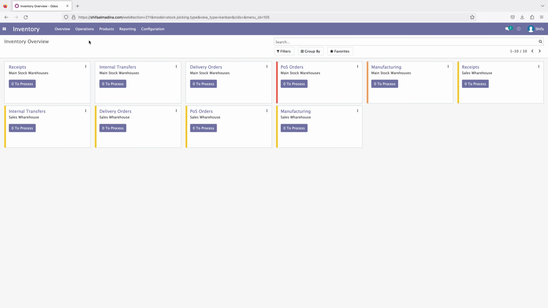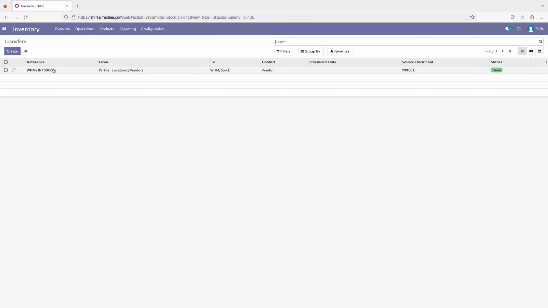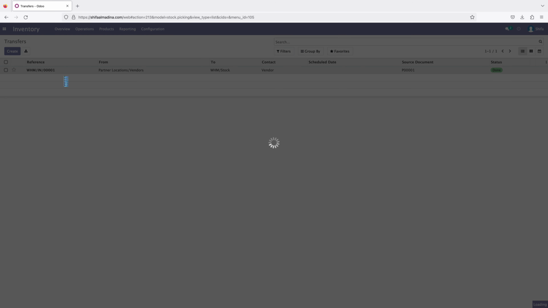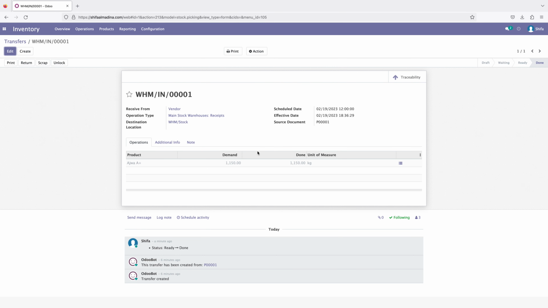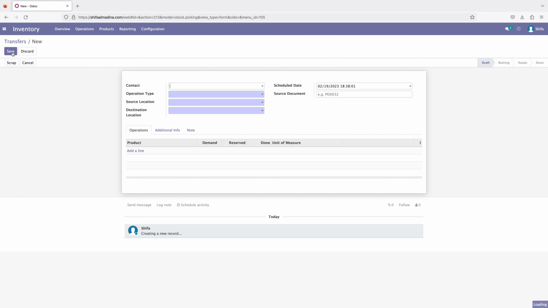I just click this transfer, and here you see there is already one transfer. Okay, I want to make a new transfer, so I click create,